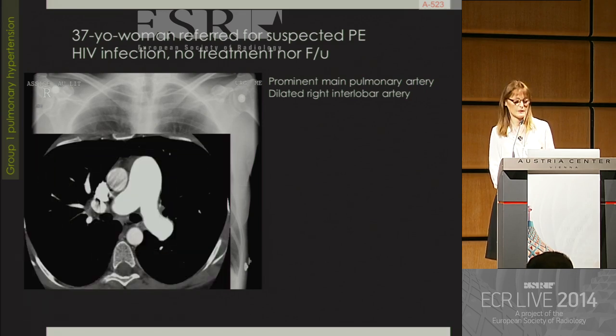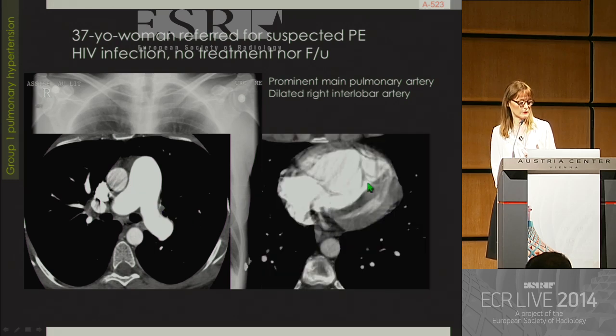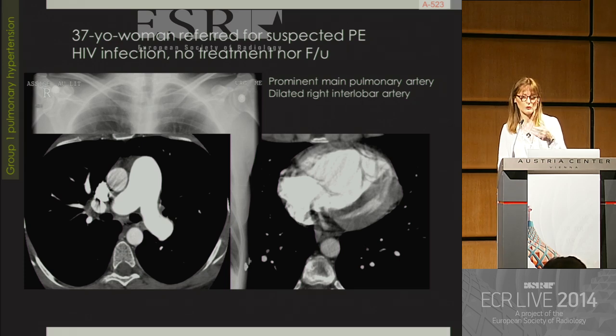And she had a CTPA. You see here the major enlargement of the main pulmonary artery. Look at the right ventricle, look at the compression of the left cavity, and following CTPA, she suffered cardiac arrest and she died. And I talked with my colleagues, asking if they found in the literature recommendations about not performing CTPA if we suspect severe pulmonary hypertension, and we did not find anything,